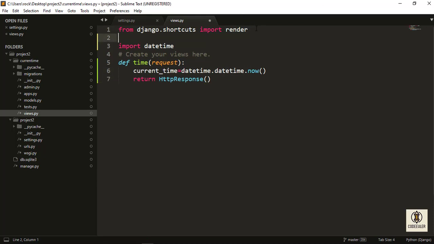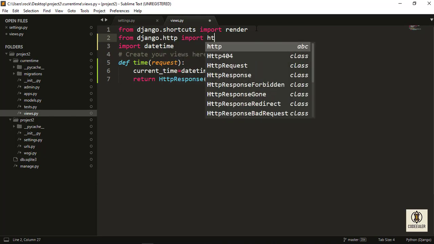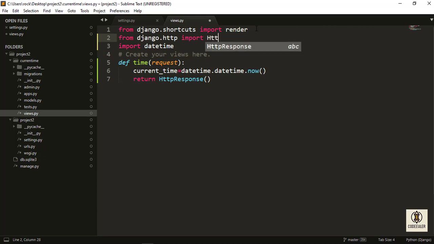It is present in the http module, so from django.http import HttpResponse.